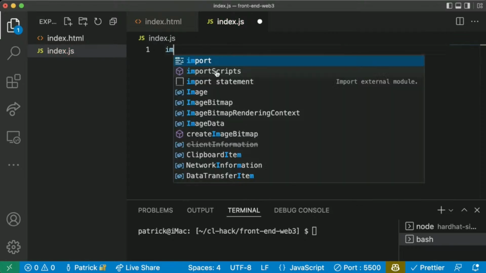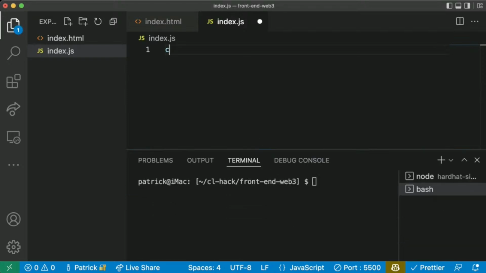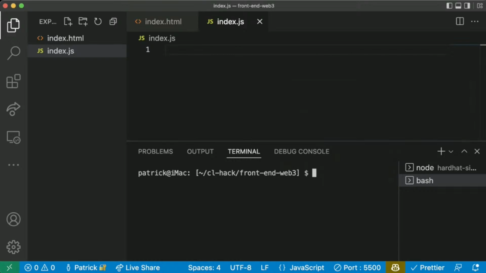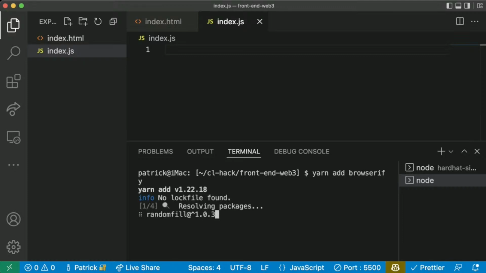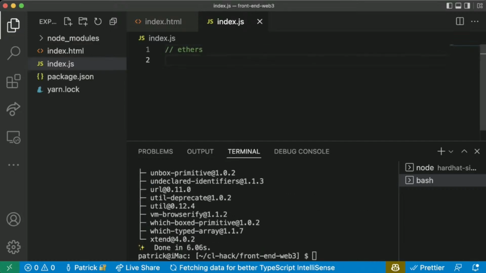So what does work in the front end is import. And this is going to be kind of bad practice. But again, it's just going to make it a little bit easier for people who are newer to this. We're going to add a package that allows us to do const x equals require. It's going to allow us to do these require things. It's this thing called Browserify. So we're going to do yarn add Browserify. And the reason we're adding this is because we're going to be working with Ethers.js to do a lot of this stuff.